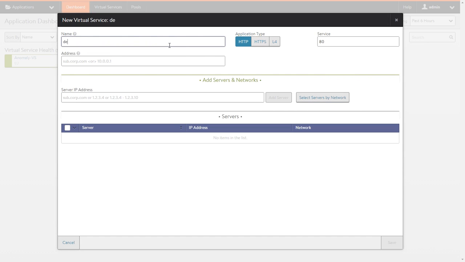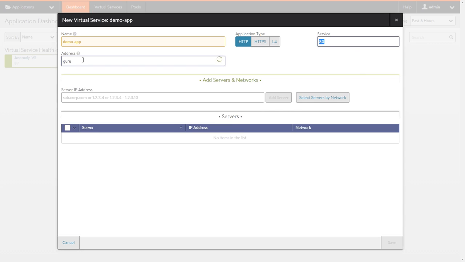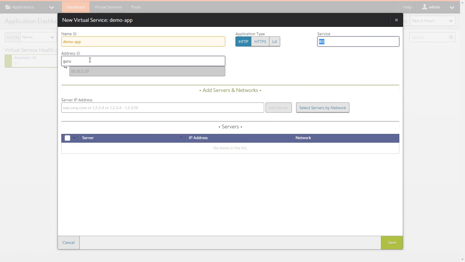All that you have to do is, I'm going to call it my demo app. I will go ahead and pick up DNS. In this case, I've already configured a couple of DNSs on the back end. I'm going to pick up guru.avinetworks.com just to make things really interesting. So the DNS goes out. The FQDN picks out an appropriate IP address. This is the IP address, the virtual IP at which the application is hosted, at which the end users will